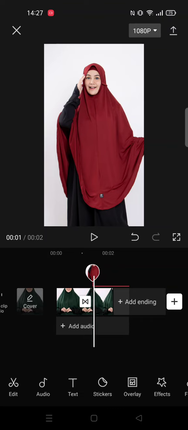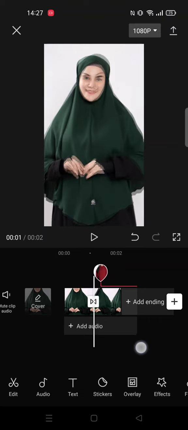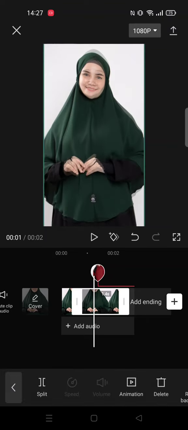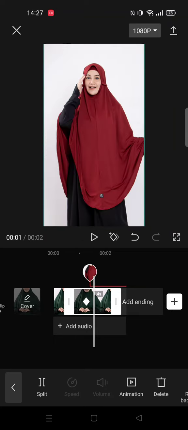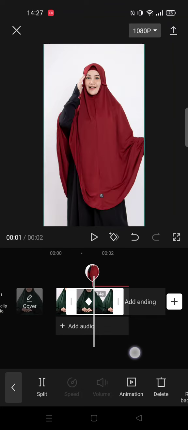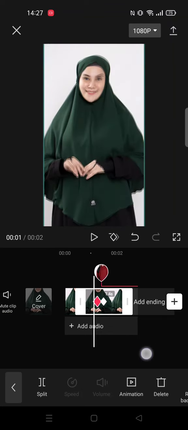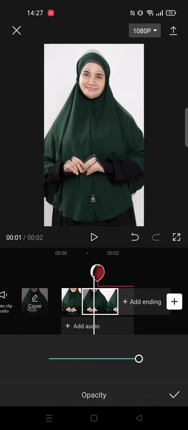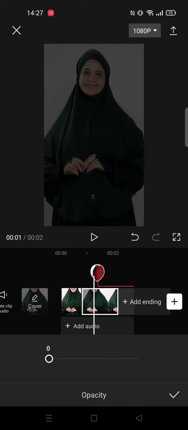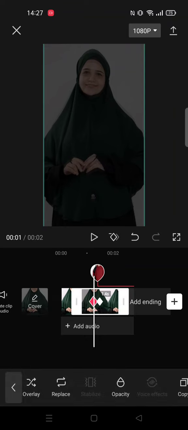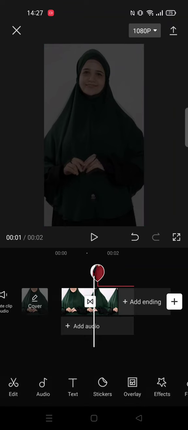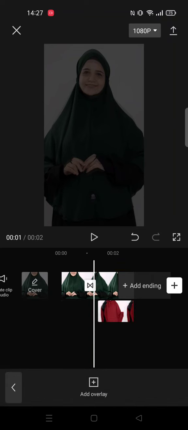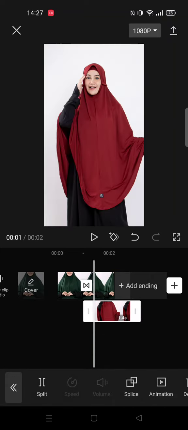Next, add keyframe over here and over here, and then change the opacity into 0 on first keyframe. Click OK, and then tap overlay and tap the overlay layer,